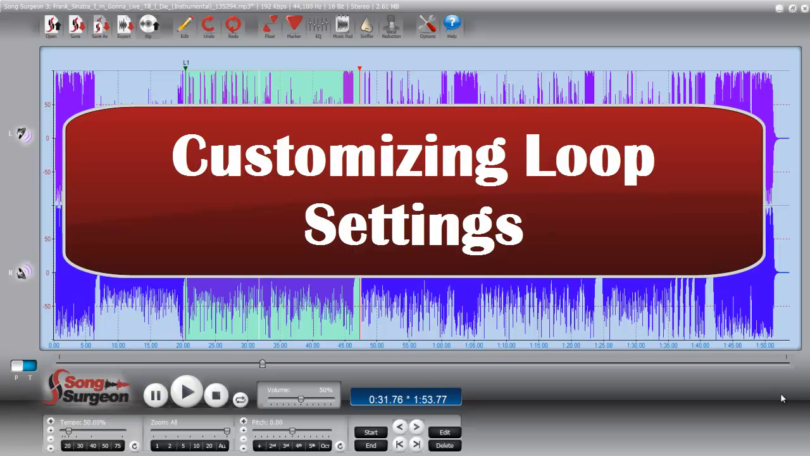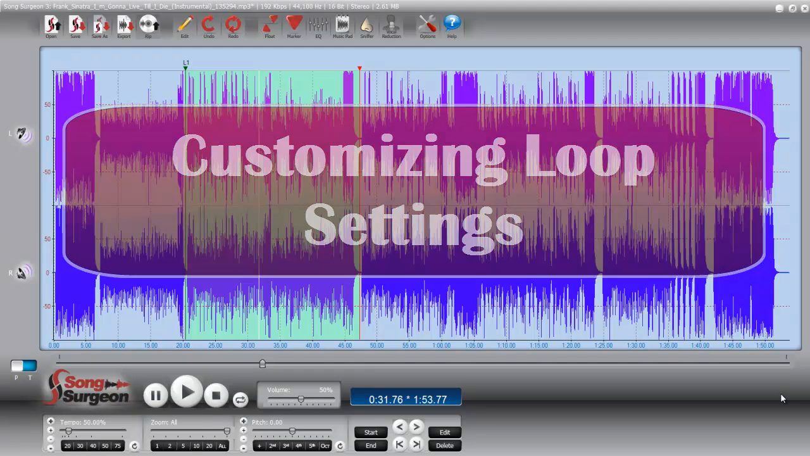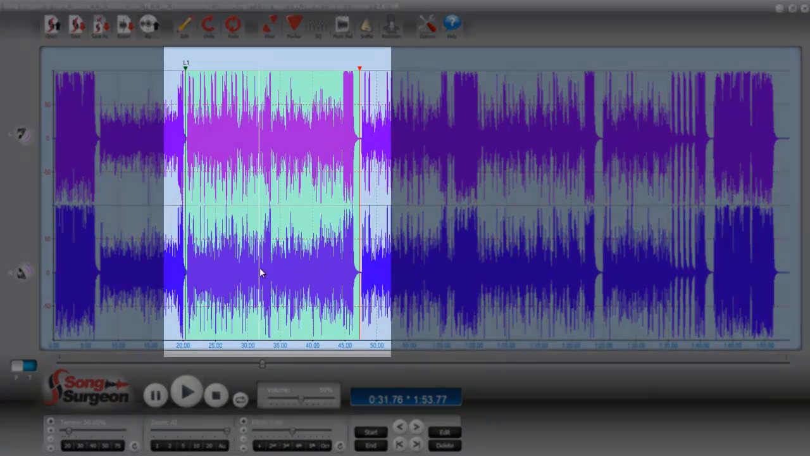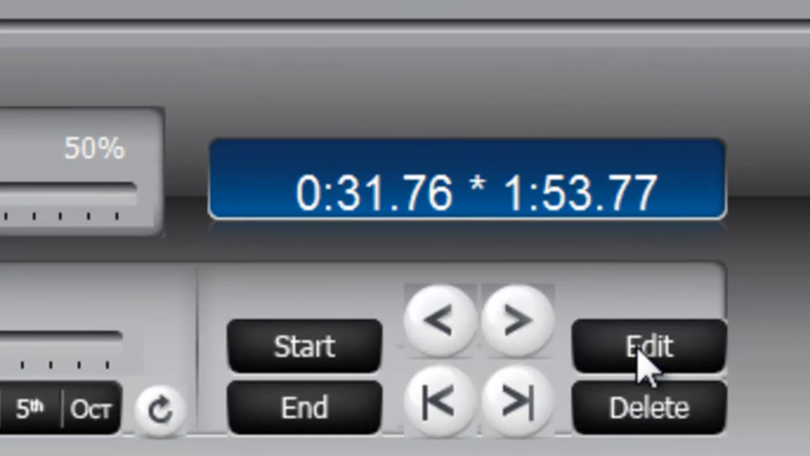The topic for this week's Song Surgeon tip is the customization of loop points. And this is something that applies to both pro users as well as standard users. If you have a loop point set up or a loop area set up, as I do here, and you put the cursor somewhere between these two, cursor being this white line, and then you click the Edit button, what